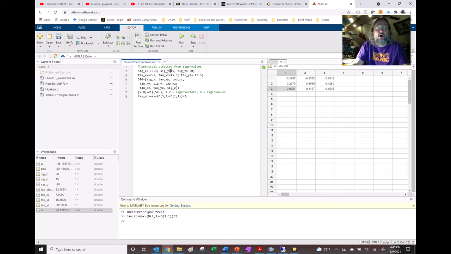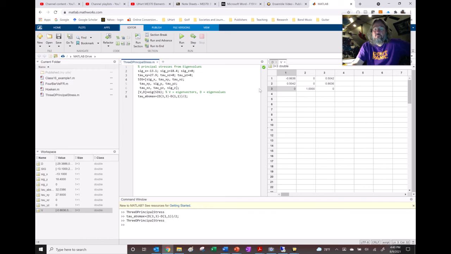And sigma y is going to be 18.4, and sigma z is going to be 0 because it's going to be plane stress. Sigma xy is going to be, and I don't care what direction it goes, 27.9, and I'm going to make this one 0, and this one 0. Boom. All right, and save, run,